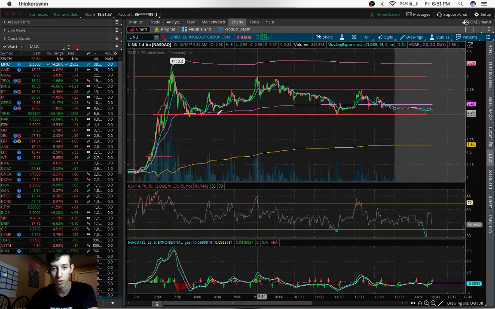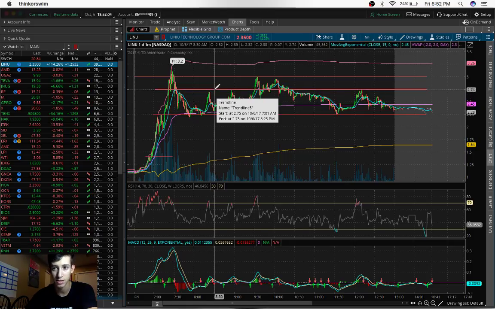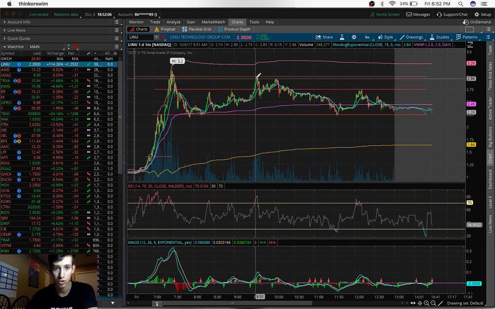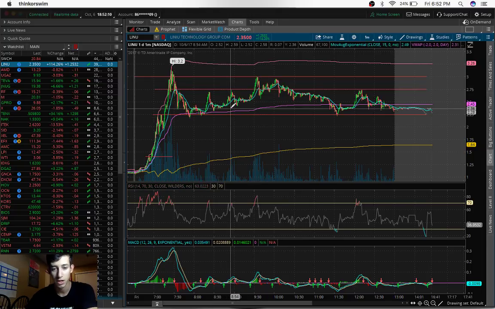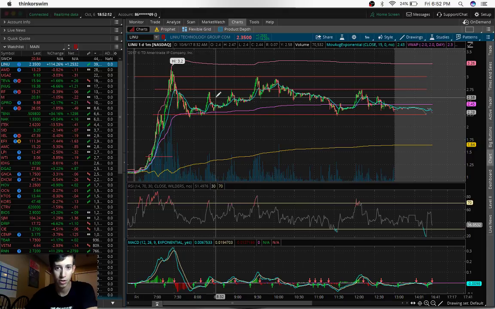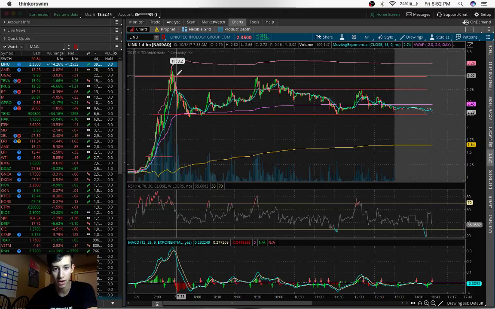wait for it to identify its support. That would be the purple VWAP, and then you identify a good buy point, good sell point, which would be the $2.75 price point, or $3 altogether. Just because those are critical points, they're about every 25 cents. With that understanding, I feel like a lot of traders were able, especially within our group,